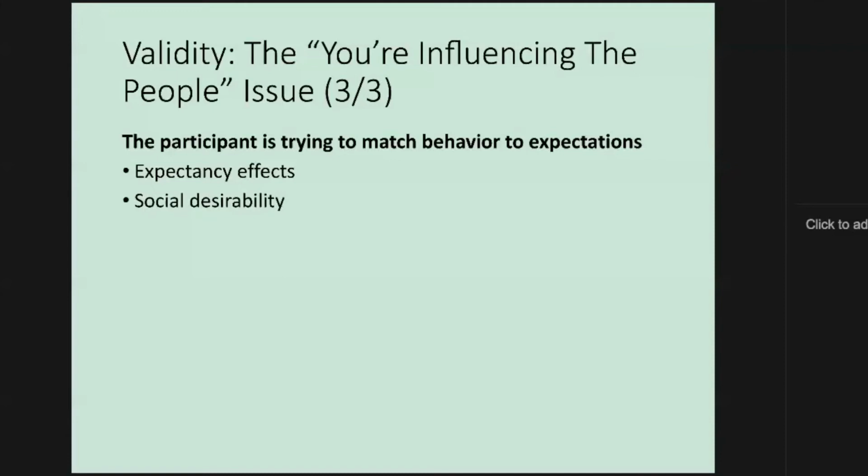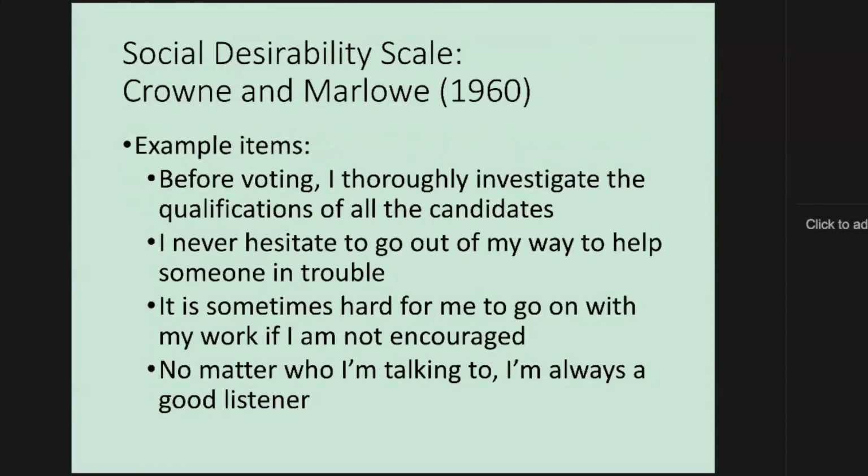We also have what's called social desirability. People are not always the biggest truth tellers when they are taking questionnaires specifically. They tend to respond in ways that they think are normal or what everybody else would expect from them. We're going to look at an example of a way we can measure that. If you have participants taking a whole bunch of questionnaires, a lot of times we like to put this social desirability scale in there. If people mark these questions in a socially desirable way, we know that they're probably doing socially desirable responding on all the other items. They're giving us what they think is normal or acceptable instead of what their true feelings are.